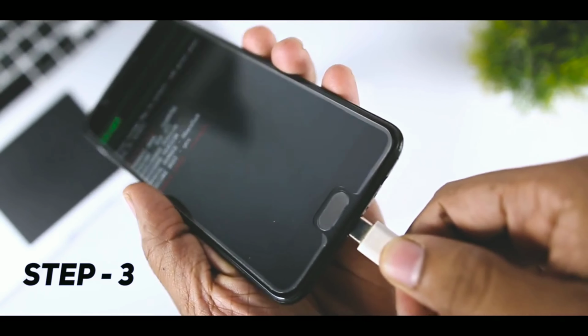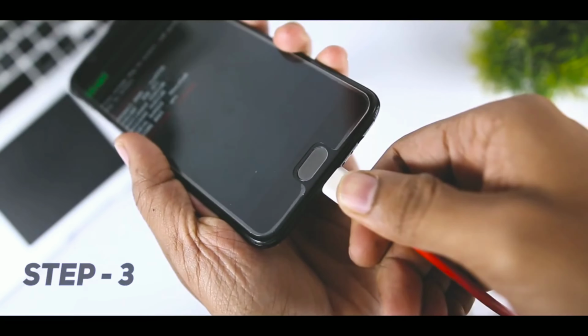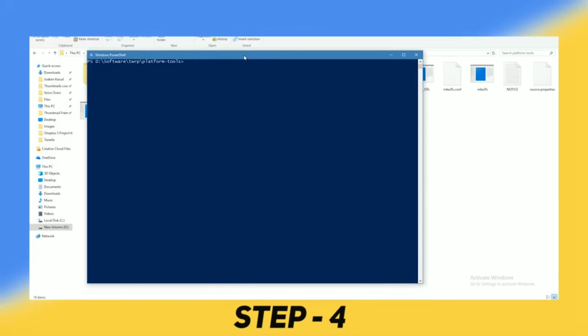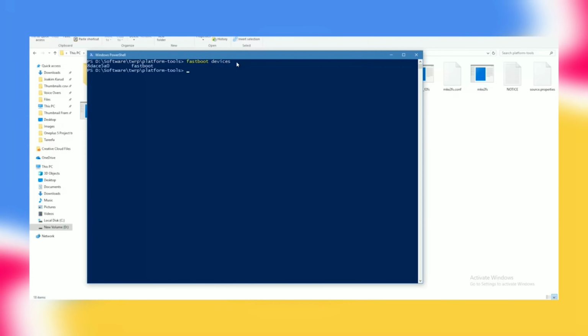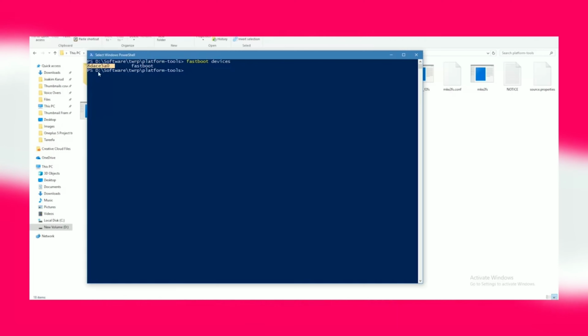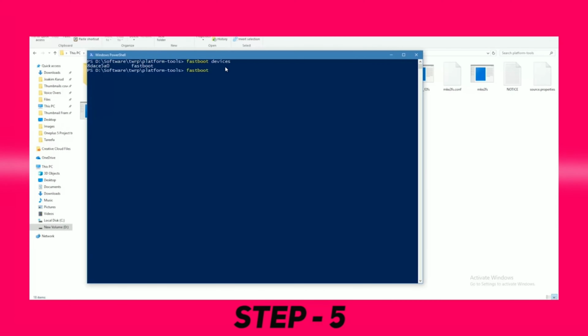Step 3. Connect your device to the PC via USB cable and make sure your device is at least 60% charged. Step 4. To check whether your device is properly connected or not, type fastboot devices and it will list your device. If it's not showing your device like this, then make sure your USB cable is connected properly or reinstall your drivers. Step 5. Now once your device is listed, type fastboot space flash